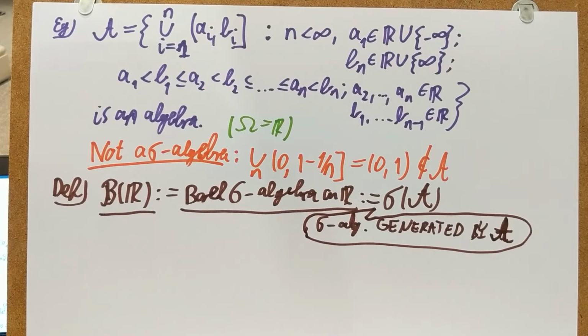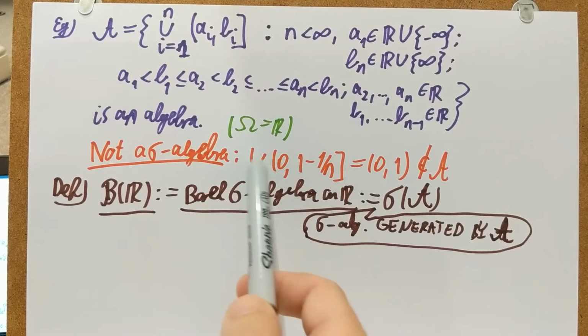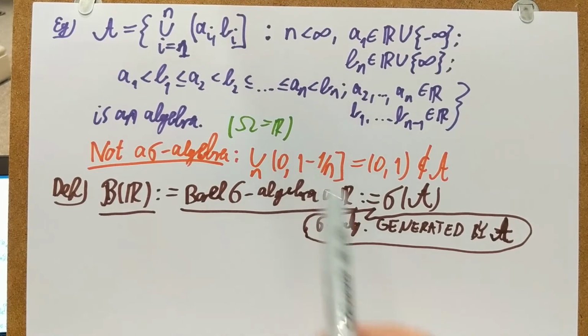Okay, now here is a fact. Again, this is just a very brief mentioning of some notions in measure theory, so I'm not proving these things. But here's a fact. Almost every interesting subset of R you can come up with will be contained in the Borel sigma algebra. Okay, so intervals, open or closed intervals will be contained. The open interval (0, 1) is going to be a member of the Borel sigma algebra, as you can see, because you essentially just extend as a limit of these things, and you get the open interval (0, 1).